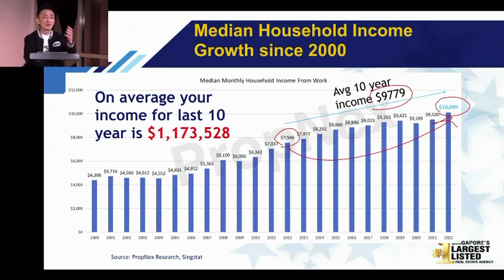Can I ask every one of you who are listening to me now, for those who are actually earning $9,000 or $5,000 or $8,000 or $11,000 or $12,000 or whatever income that you earn for the last 10 years, how much did you really save? Ask yourself this question. How do you see yourself for the last 10 years? Because why? How do I derive the 1.1 over million?